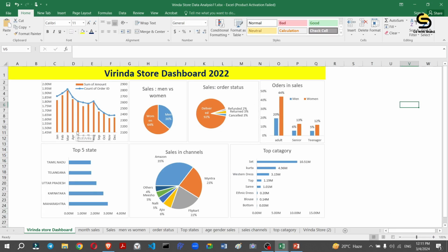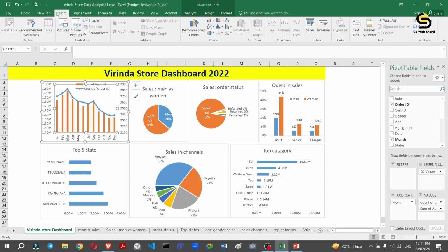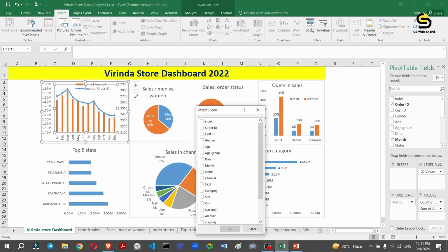A slicer is a filter based on the dashboard we created here. So we just click on any chart, go to the Insert menu and go for the slicer. The slicer is used to filter the data visibility. So according to our needs, we need